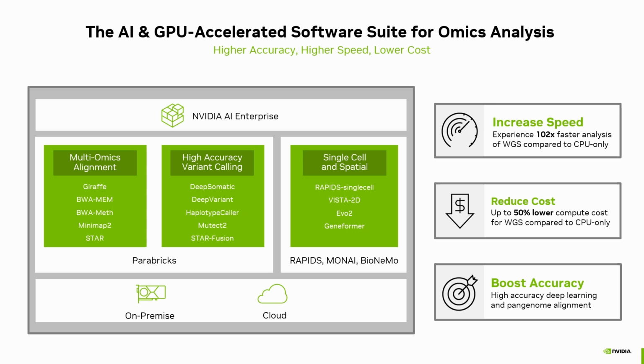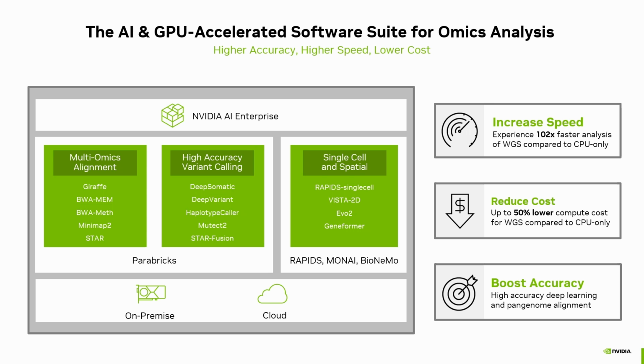And so these first two boxes cover alignment and variant calling tools, which are under this umbrella project called Parabricks. But to fill out the whole ecosystem, we also have tools for single cell and spatial further downstream. But for this talk, I'm going to focus mostly on Parabricks and the tools that we have there. So if you take a look at what's listed in these green boxes, you'll see aligners, such as Giraffe, BWA-MEM, Minimap2, and similarly with variant calling, you'll hopefully be familiar with tools like DeepVariant and DeepSomatic